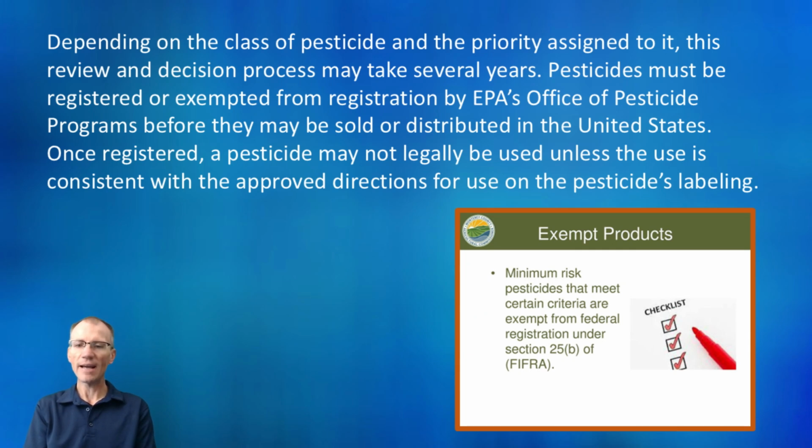on the pesticide's labeling. One thing I would just say here is the fact that when people do get a product approved, it can take years, it can take millions of dollars, a lot of research to get the product where it needs to be. So once a product gets this EPA registration, you need to understand it is a solid product, it's been tested, and it's ready to go, and it can be used safely.